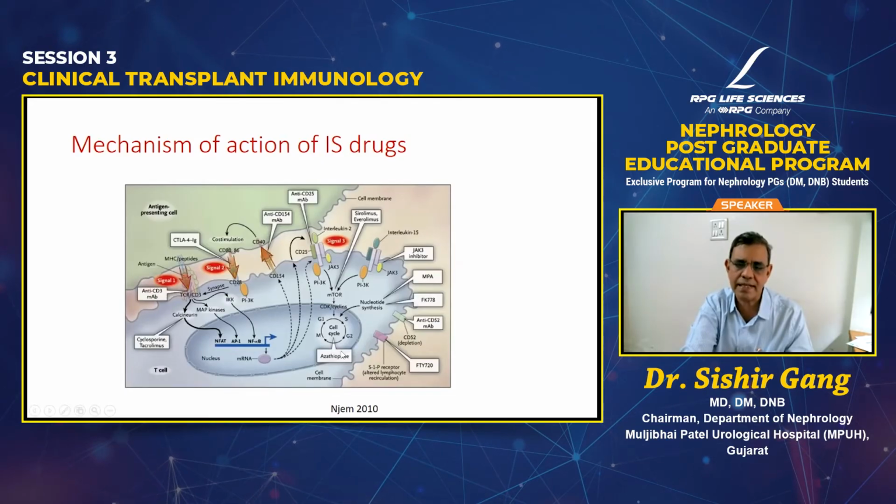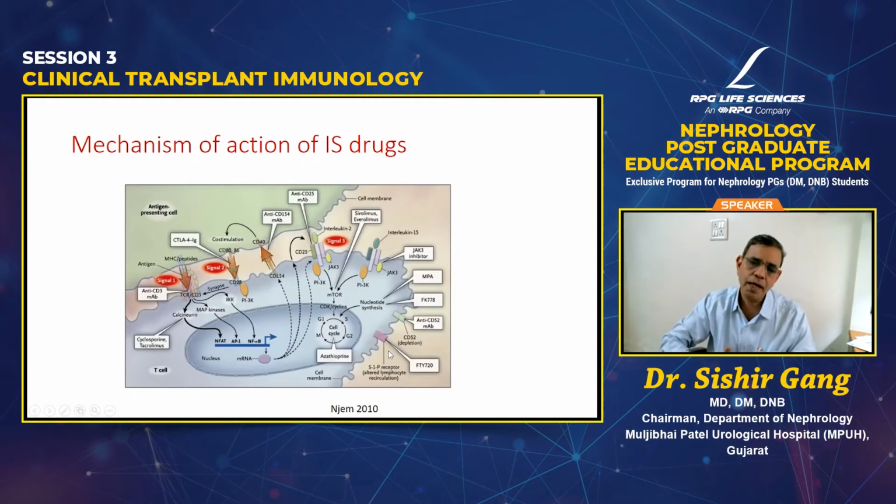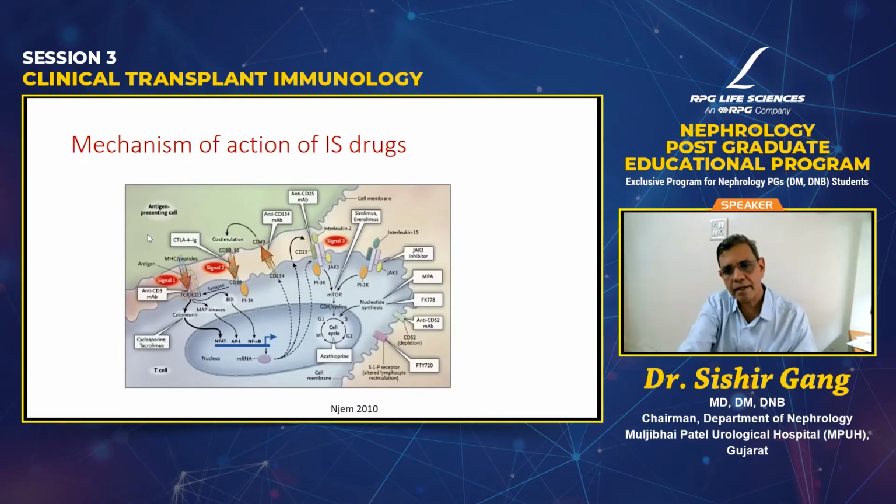Then it goes into the cell cycle. Cell cycle inhibitors are usually azathioprine as well as mycophenolate mofetil, where they act. And in nucleotide synthesis there was another agent, but this was no longer developed. There are other pathways, that is JAK inhibitors and FTY720. Some of the molecules are important for the cell to migrate into different areas, and one of the receptors for migration is the S1P receptor, which is targeted by FTY720. Initially it was developed, but subsequently the results were not so good, and there was increased thrombosis, and it was no longer developed. So FTY720 is no longer available.